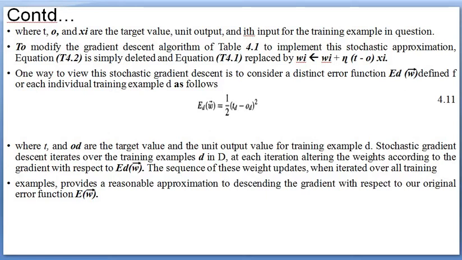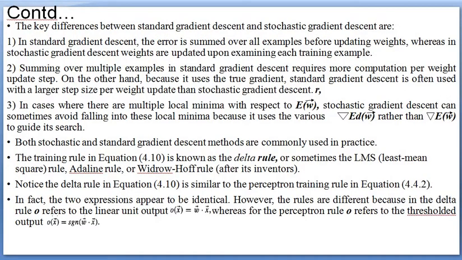That's the difference. And we got to know what the drawbacks or difficulties are that we have faced in the gradient descent algorithm. Okay, so let us see the key difference between the standard gradient descent and stochastic gradient descent algorithm. In standard gradient descent, the error is summed. Okay, summation we have taken. All these things we have just now discussed.